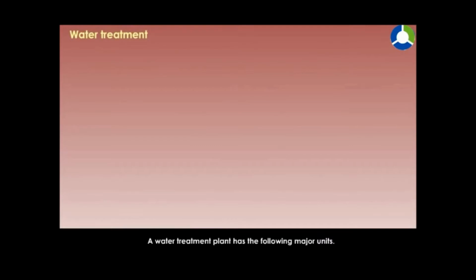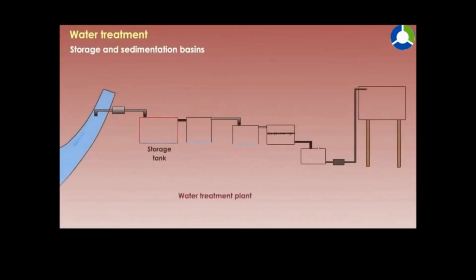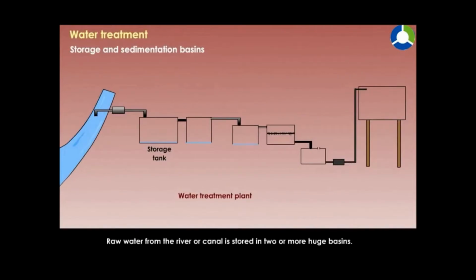Water treatment. A water treatment plant has the following major units: storage and sedimentation basins. Raw water from the river or canal is stored in 2 or more